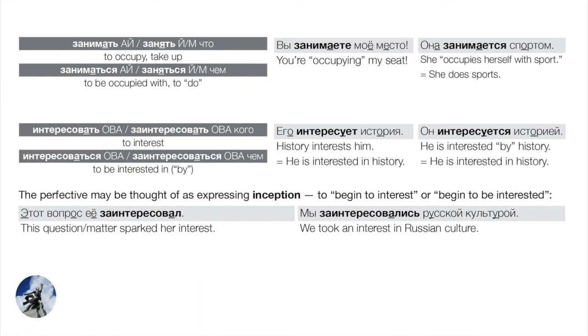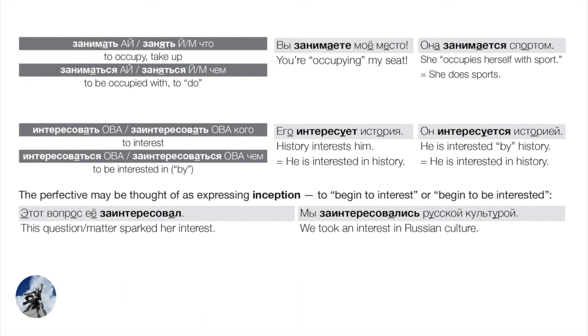Okay, if we add the reflexive particle, we get a verb whose meaning is quite predictable: to be interested by. Now here it's more passive, right? We understand that reflexive particle here in a passive sense. It's not really that you are interesting yourself with something, but usually more of a passive thing, like I'm interested by, right? Now there's another good use of translation of an instrumental phrase, especially with passive verbs: by, right?